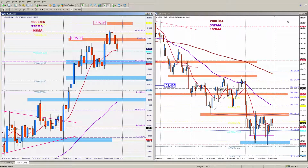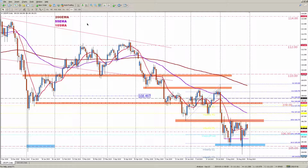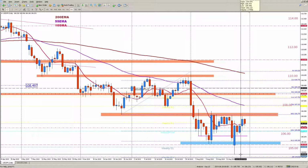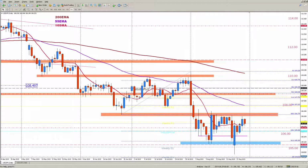Okay, let's move on to dollar yen. And let's expand this. After the gap down at the start of the week and hitting a low of 104.45 on the Monday, it has made a significant recovery back up to the weekly R1 level and recovered to almost retest the previous swing low and the resistance zone, closing right at the 10 SMA